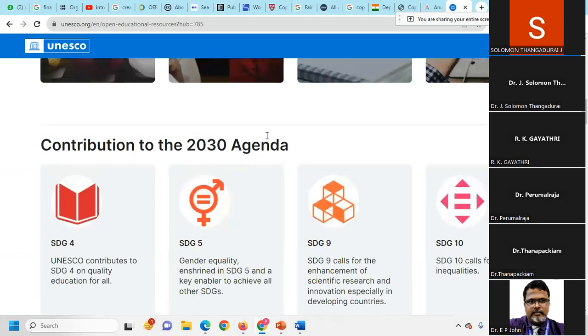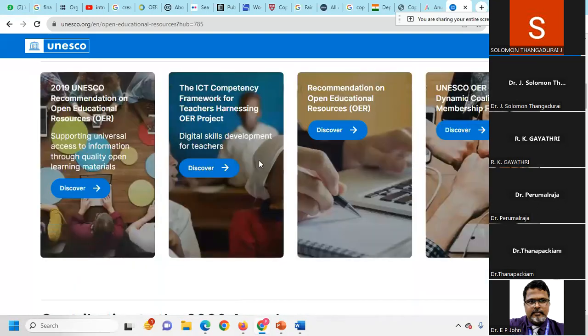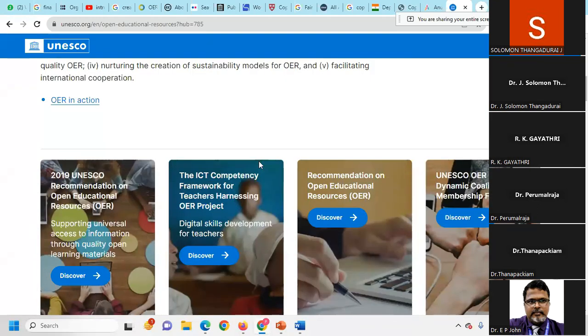This OER was adopted by the United Nations, by UNESCO, in the year 2013. Everyone knows that in any aspect we talk about, all the research articles, everything moves with the concept of SDG. UNESCO is also stating that this OER is much required, and they are giving more guidelines related to OER.